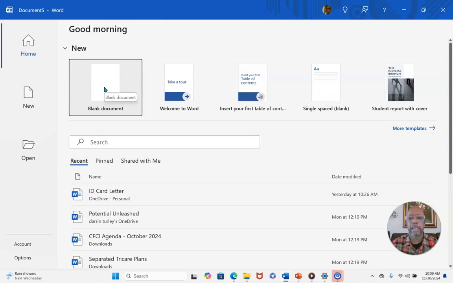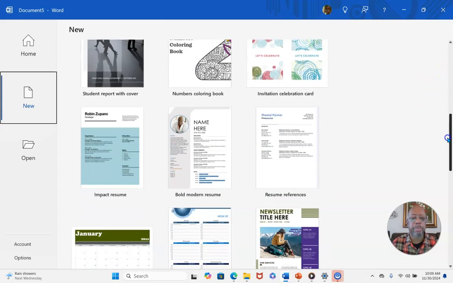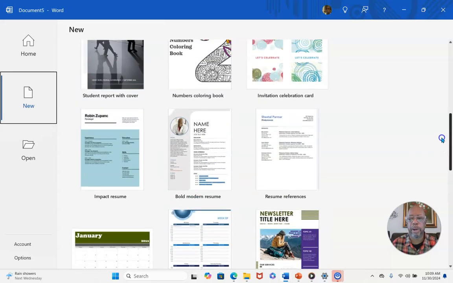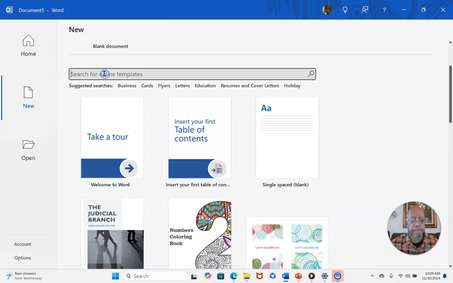or if you have something in mind which you wish to create, let's say we go here to more templates. We discussed this a little bit more in our previous module. With more templates, I have the option of using a template that helps me decide what it is that I want to write. You can also search for online templates, and for the sake of this exercise, I want to do resumes. So I type in resume,